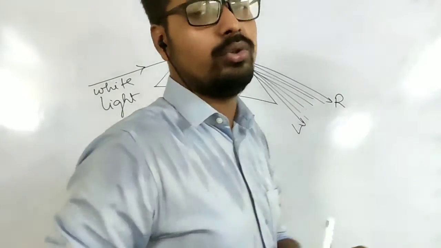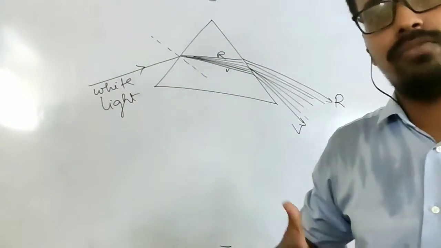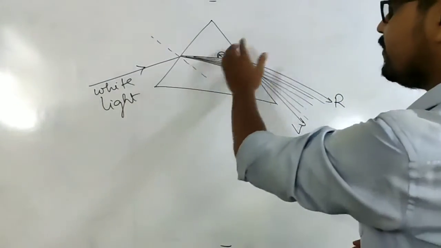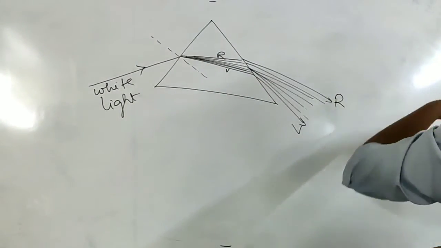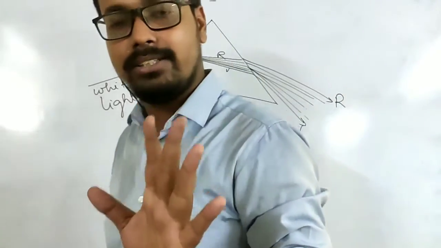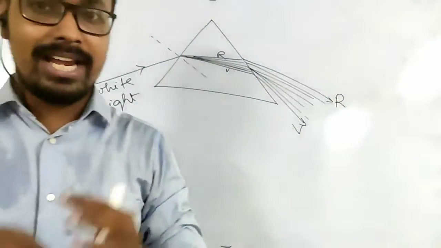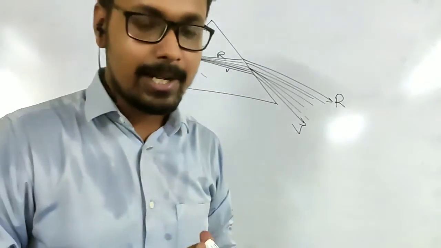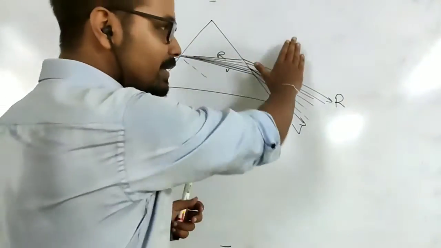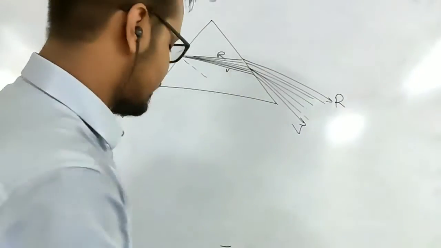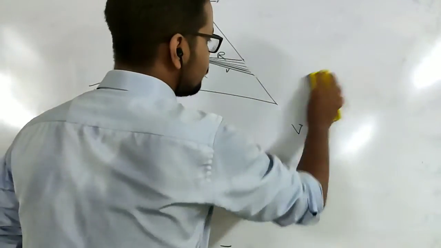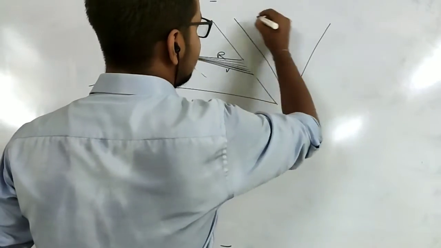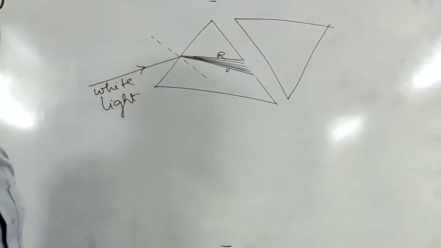But what he saw was that no, only those 7 lights are formed. There is no further scattering of light. From white light, even if you place 2, 3, 4 prisms, you will only get 7 lights. In order to finally put a stamp on the fact that 7 lights make up white light, he placed another prism, but this time in the reverse direction. Inverted position, he placed another prism.